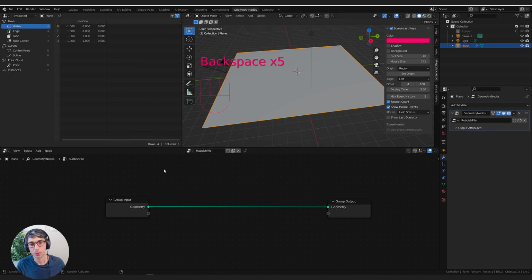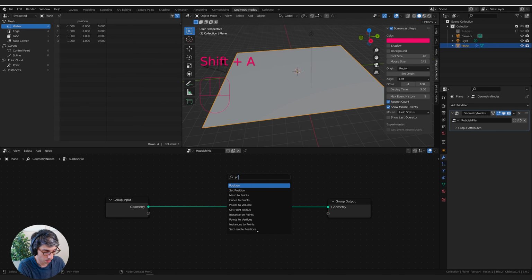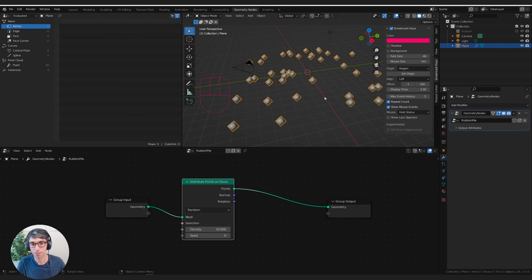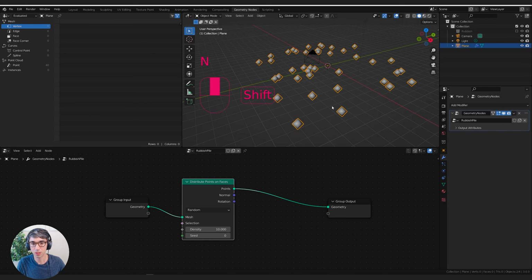All right, so what we need to do is create a bunch of instanced points. Points are basically just particles. It's an empty data point that's just a location, a place in space. We can do stuff to it, and then we can instance geometry wherever those things are. So they're called points in geometry nodes. And the first node we want to use, if we type in points, is Distribute Points on Faces. So we can just drop this here, and you can see it creates a bunch of different points across